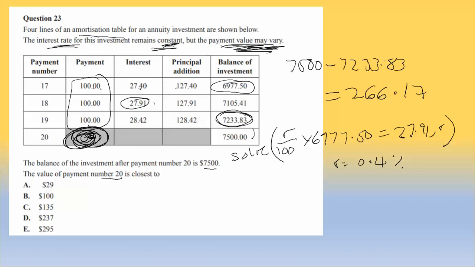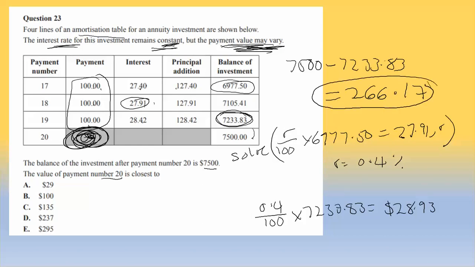So I'm now going to work out the interest on this amount, and I know my interest is 0.4%. So I'm going to do 0.4%, so over 100 times the amount. Put that one in my calculator, and I get 28.93. So now I can work out how much the payment is. This is my total addition, principal addition here,